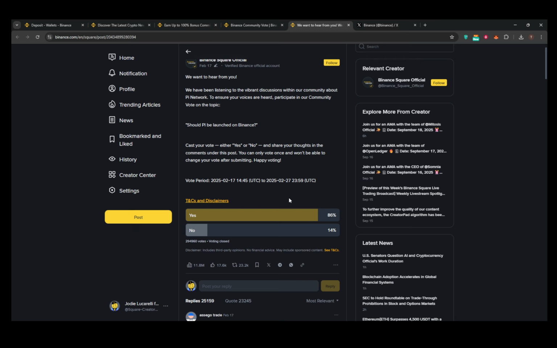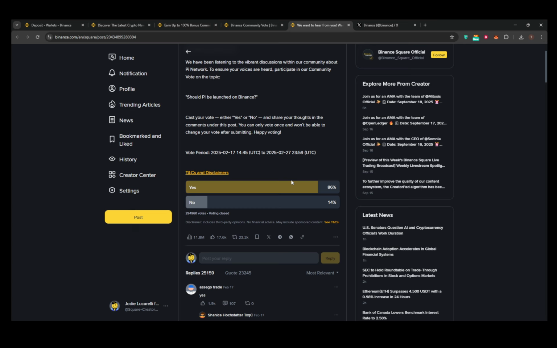During or even after the voting period, keep an eye on updates regarding vote counts. These updates are sometimes shown live, offering you a real-time glimpse of how things are shaping up. Once the voting period concludes, Binance typically publishes the final tallied votes, often accompanied by comments on the potential next steps. However, it's essential to remember that these voting results are more of a guideline and not an absolute guarantee